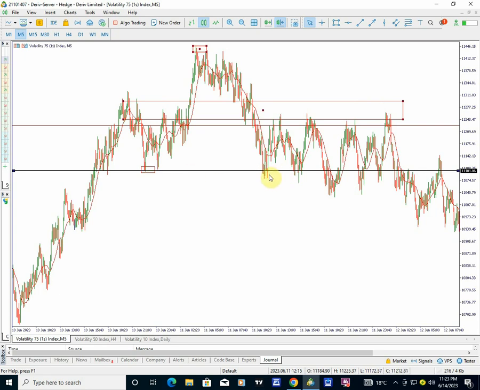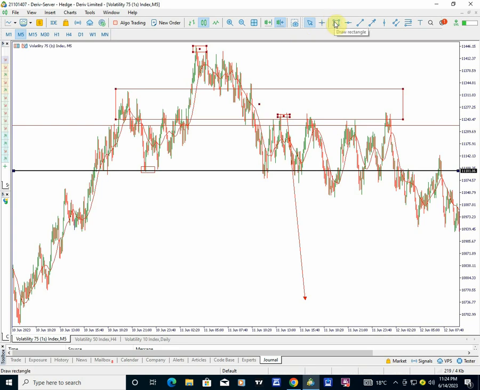After a break of structure, the market has to retest, and then I will enter a sell right within this zone here. So let me say I will enter a sell here. This will be our sell, and then boom, I will sell right there. And after selling right there, where would I put my stop loss? As you can see, after this key zone here, my stop loss will be placed